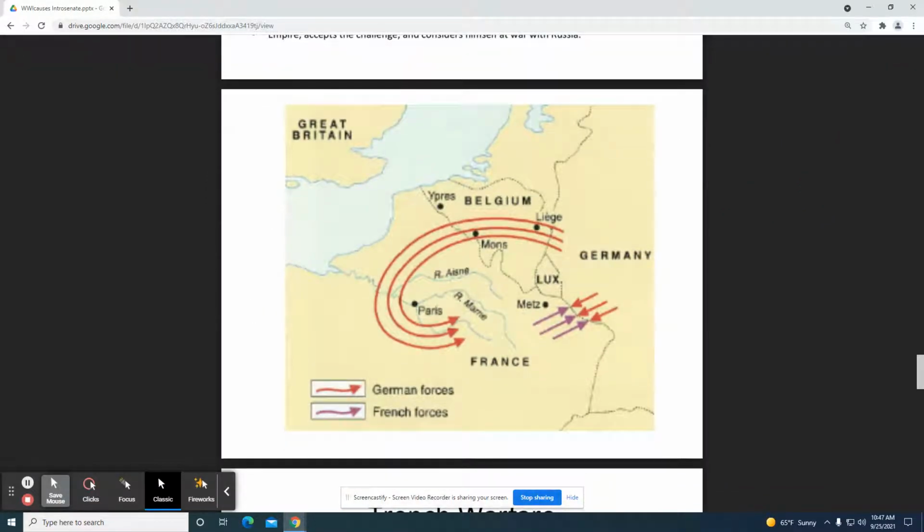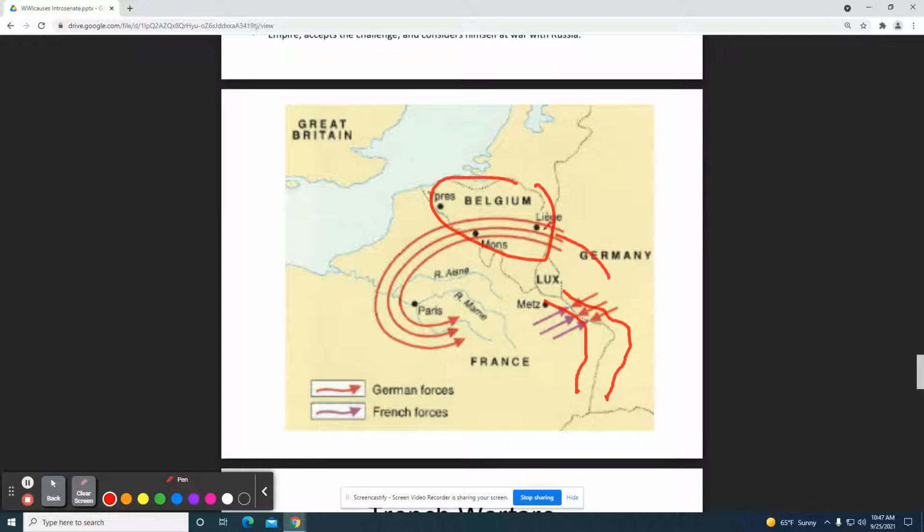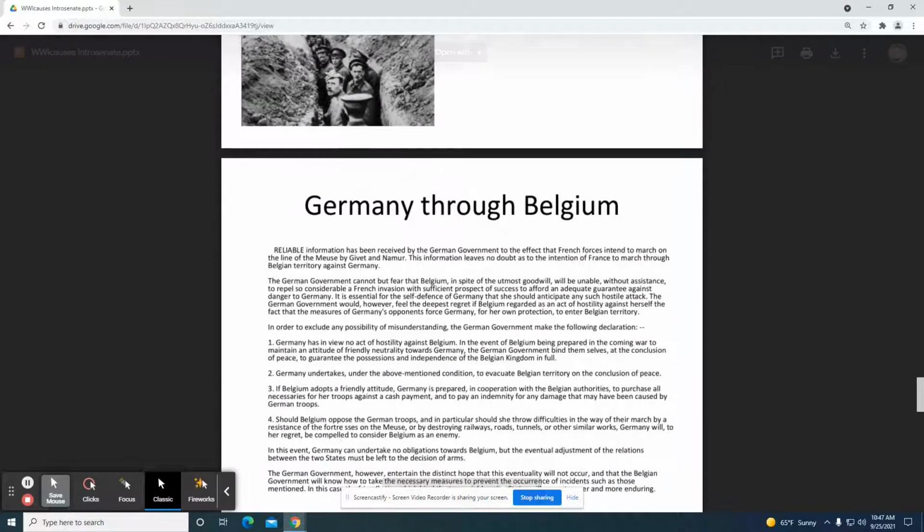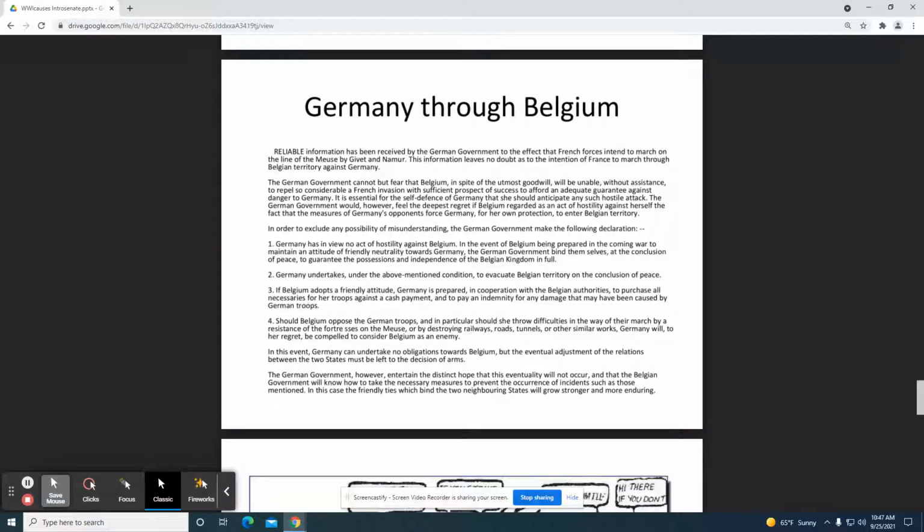This map is showing you the German and French with Belgium. So remember, there's a bunch of trenches here, so you can't go. So Germany wants to go through Belgium to attack France. That's the goal. Fighting trench warfare. And this is a note that Germany is sending to Belgium saying, hey, where do you stand on the war? And Germany is saying to Belgium